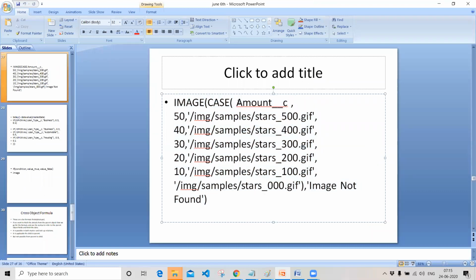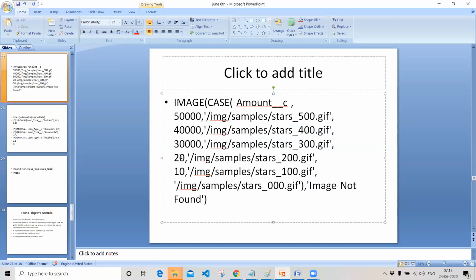I have a certain condition: when the amount is 5,000, I want to give a rating called a 5-star image rating. And if the amount is over 40,000, I want to return the image file as a 4-star rating image, so I have some more image files there.